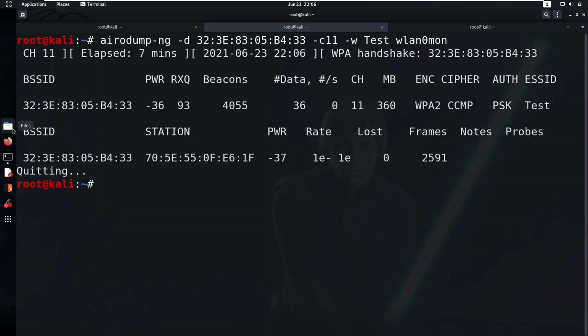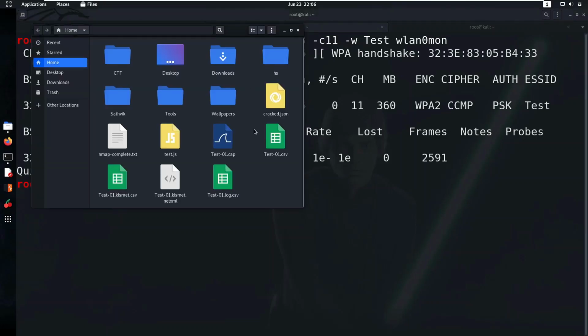So if you open the location where you had saved the files, you can see various files like test01.cap, test01.csv, .netxml, and various things. You can open this cap file. So this is also like sniffing, guys. So the sniffing attack got also covered. Let's think you're sniffing over a network, and whenever a person uses unencrypted services, you can see all the passwords. So you can open Wireshark and you can do that. Okay, so that's it. And now we'll try to crack the handshake